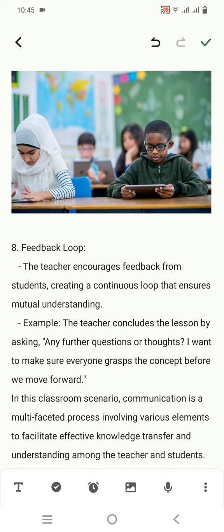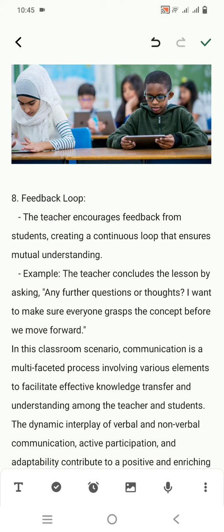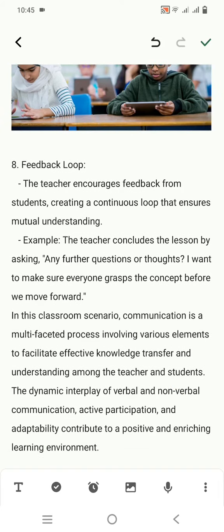In this classroom scenario, communication is a multifaceted process involving various elements to facilitate effective knowledge transfer and understanding among the teacher and students. The dynamic interplay of verbal and nonverbal communication, active participation, and adaptability contribute to a positive and enriching learning environment. This time, after listening to my short discussion of what communication is, giving you the description, definition, and a sample scenario,